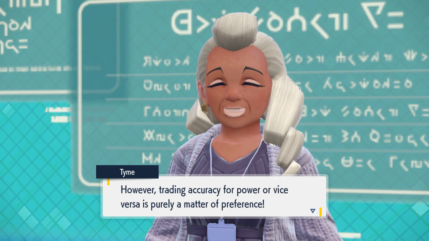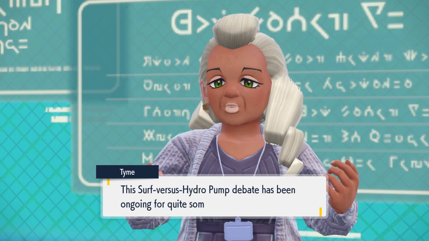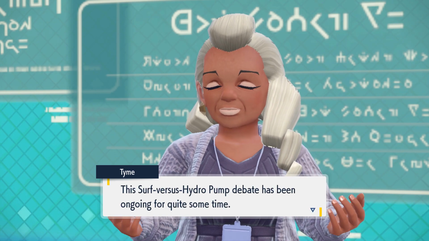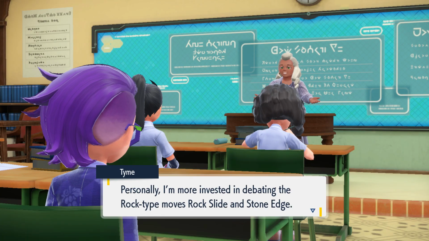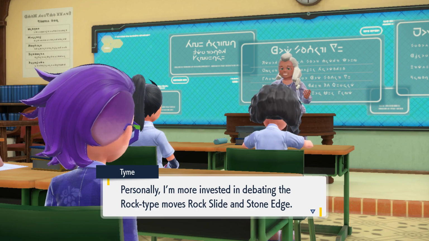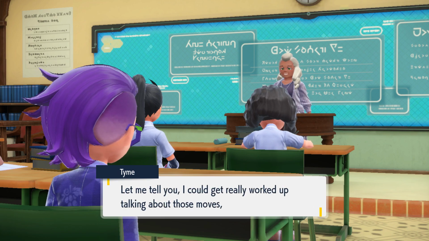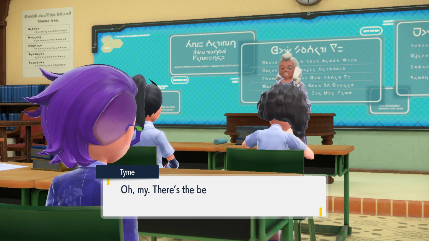However, trading accuracy for power or vice versa is purely a matter of perspective. The Surf vs Hydro Pump debate has been ongoing for quite some time. Personally, I'm more interested in debating the Rock-type moves, Rock Slide and Stone Edge. Let me tell you, I could really get worked up talking about those moves, but...